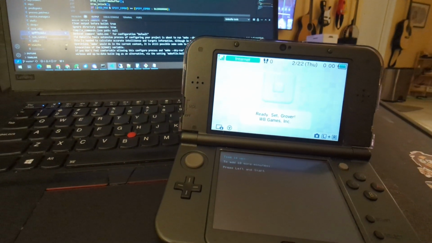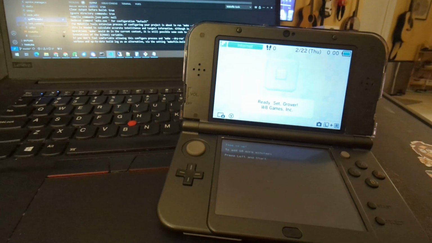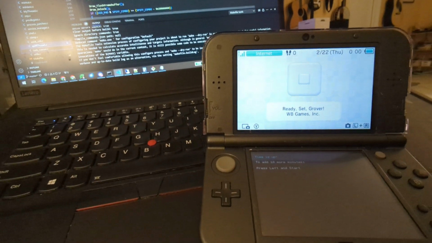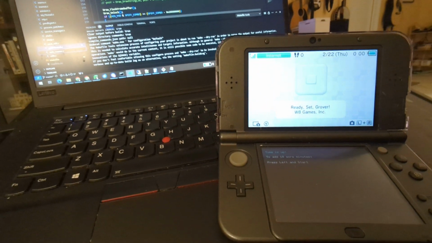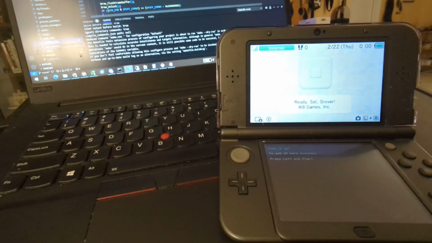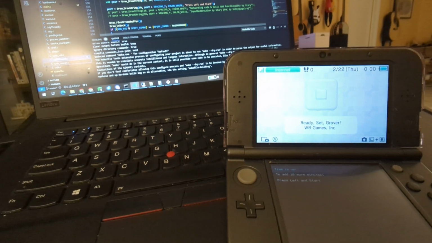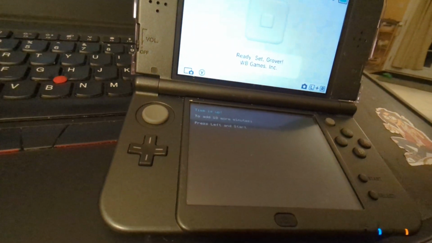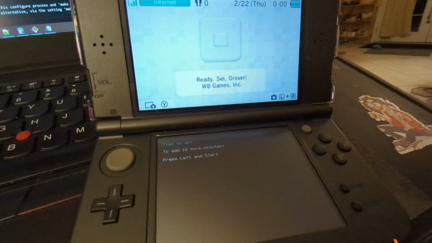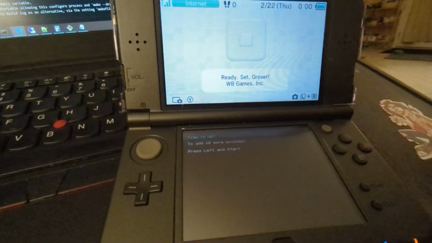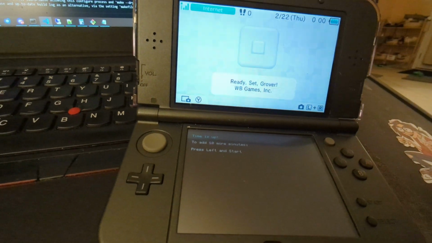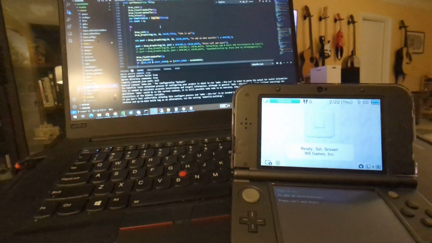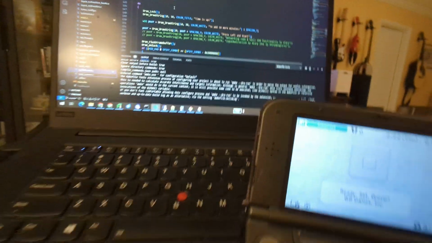But all the stuff I tried up until this point, all the libraries and whatnot, are way too heavy for the 3DS. When I go to allocate a certain chunk of memory, the DS just kind of throws up and it's not too happy, which is understandable because I'm running code inside of the OS that's also running a game. So it's got to be tiny, otherwise the game is not going to have enough memory to run. But yeah, this has been a kind of cool project,